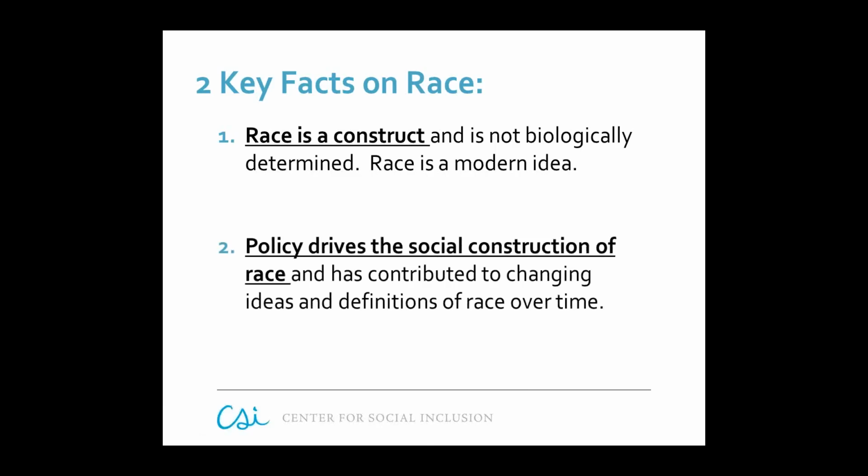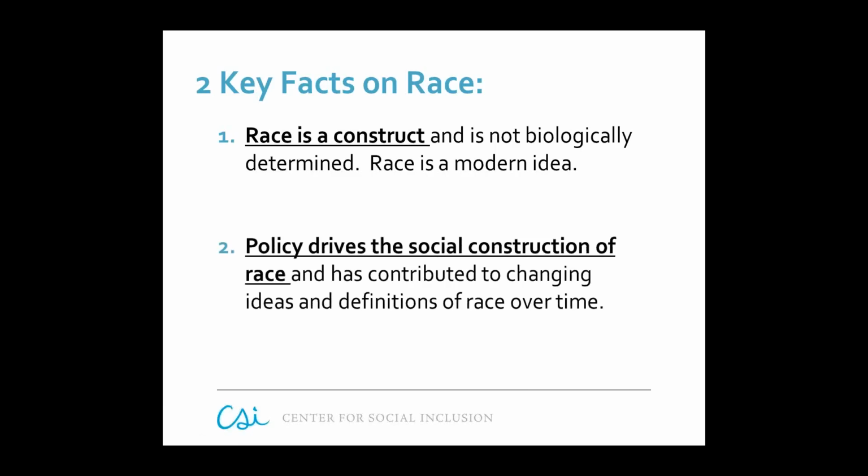In the past, race was used as a justification of the enslavement of people who looked physically similar. And as the concept and construct of race evolved, it justified the extermination of Native Americans, the exclusion of Asian Americans from many aspects of society, and the taking of Mexican lands. And racially discriminatory practices were institutionalized into law, government, and within society. Thus, policy really drives the social construction of race.